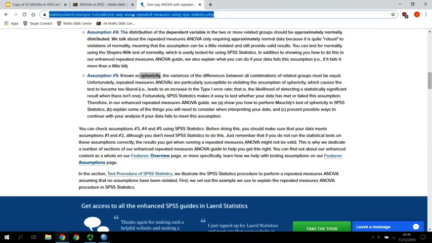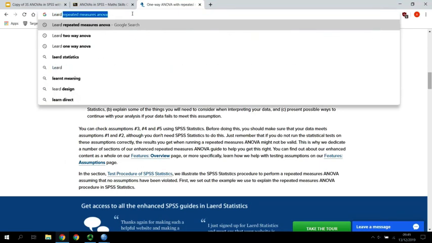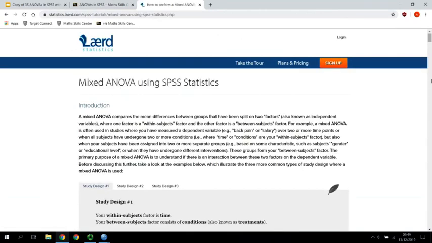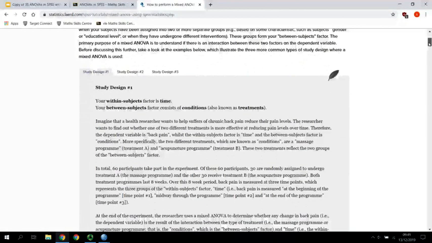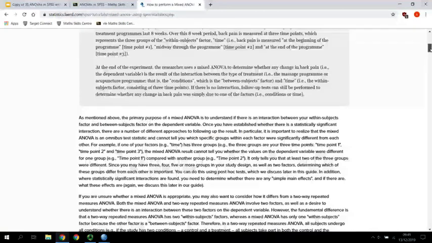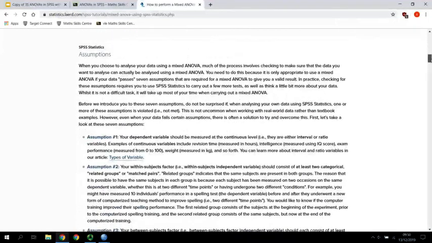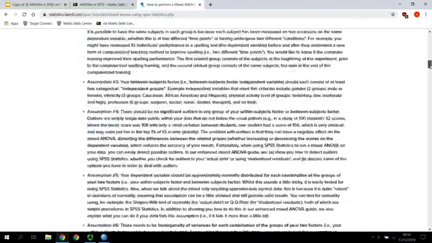As always, whatever resource you use, you can look up a guide for this. I'm going to type in mixed model. It's come up as mixed model ANOVA. And again, it talks quite a lot about the test because it's a bit more complicated when you're mixing within and between subjects. It can also be quite difficult to identify when you need a mixed model. And we've got assumptions which are really similar